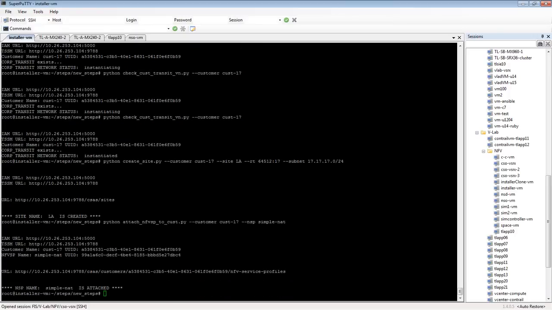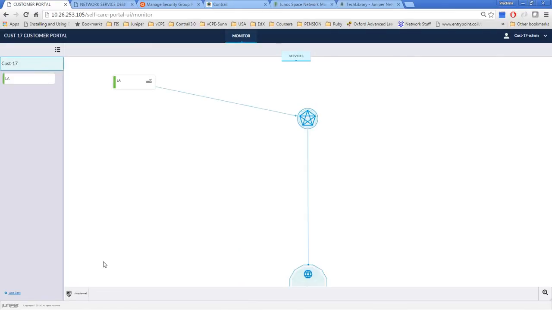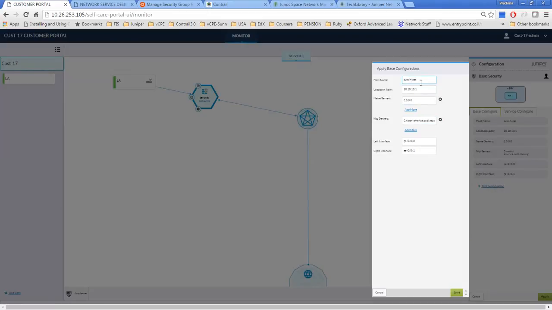If I log on now to the customer portal and refresh this page, I should see a simple NAT function being present here. So I'm going to select that and drag and drop this onto this line. So the service is there, it's still not active. Let us check the config for the last time to make sure we are happy. I'm just going to put here 17, loopback is okay,